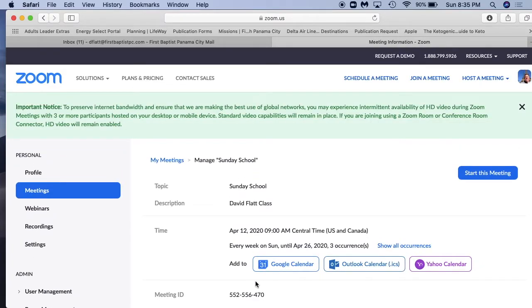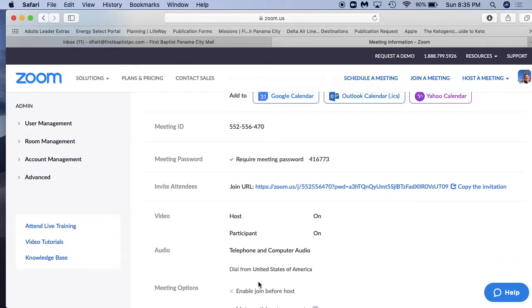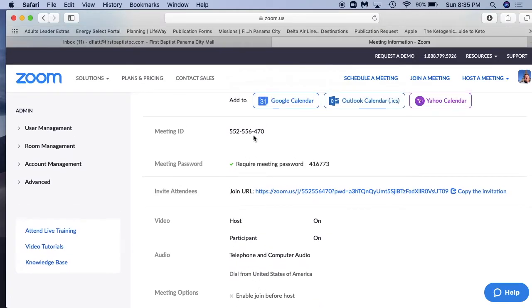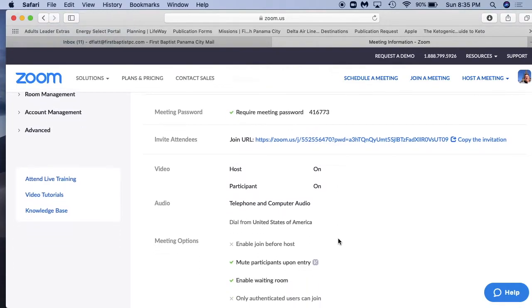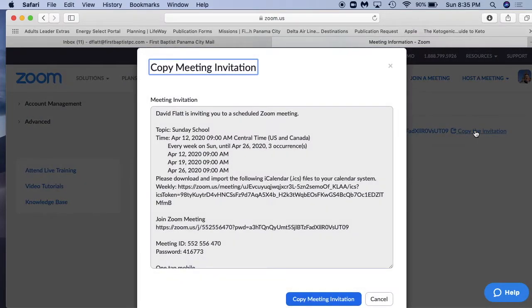and then this is what your meeting looks like. And one problem, you notice your meeting ID is right here, your password is right there. One problem that some people had is they just copied the URL and put that in an email. Now that you have to have a password, if you'll come over here and click copy the invitation,